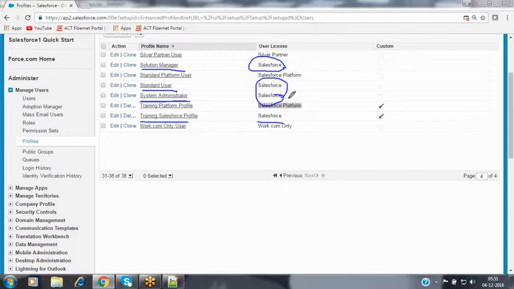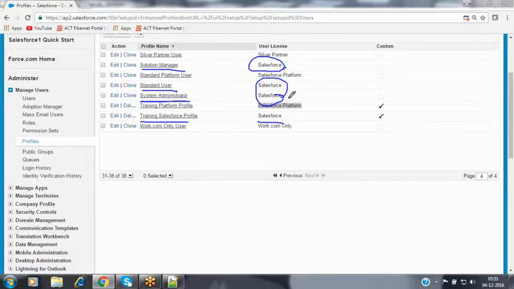For example, assume that the license is providing various flexibilities to you, like we can access the standard applications, the custom applications, and everything. If you want to grant only the standard applications to a few users, we can create a separate profile and specify the permissions to access only the standard applications.